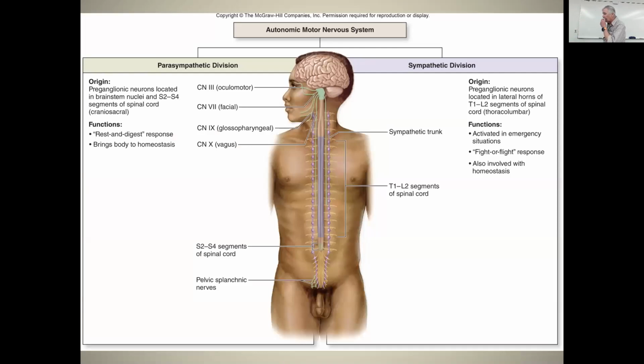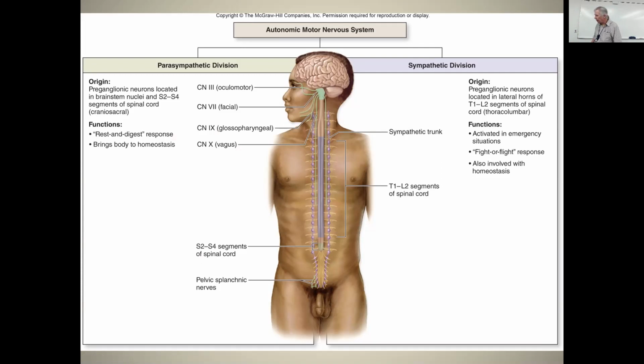Okay, so one anatomical difference is the parasympathetic division is called a craniosacral division, because the preganglionic neurons, their axons leave from either the cranial region or the sacral region. So in brainstem nuclei or segments of the spinal cord or sacral sections of spinal cord,